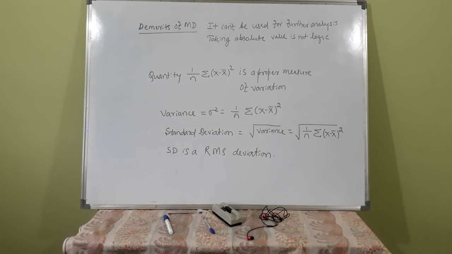Variance is defined as 1 by n into summation of x minus x bar whole square. Standard deviation is square root of variance, that is square root of 1 by n into summation x minus x bar whole square. Standard deviation is a root mean square deviation. Okay,